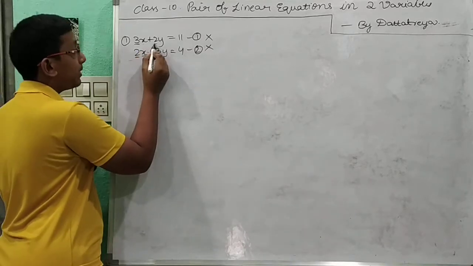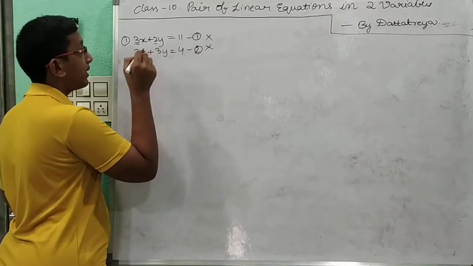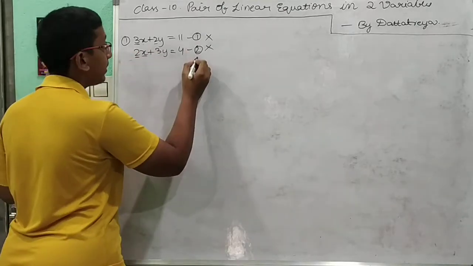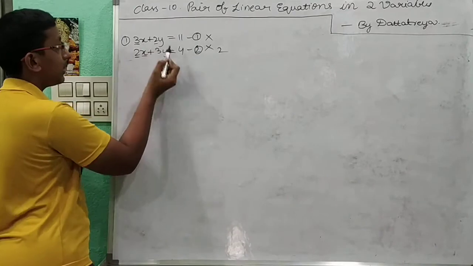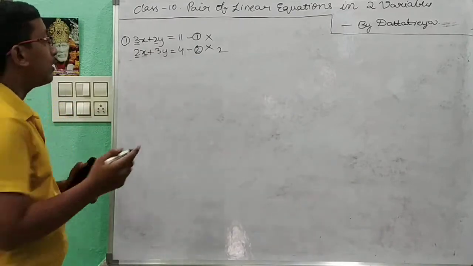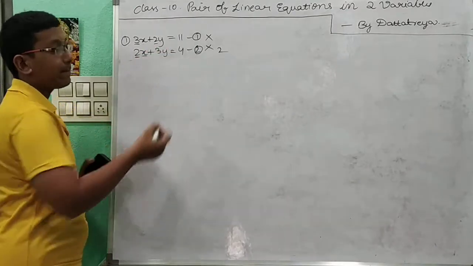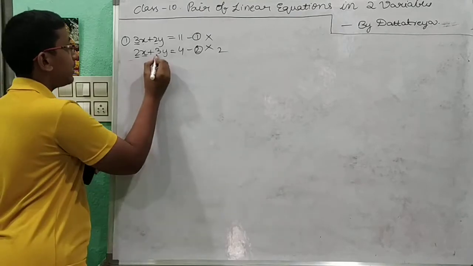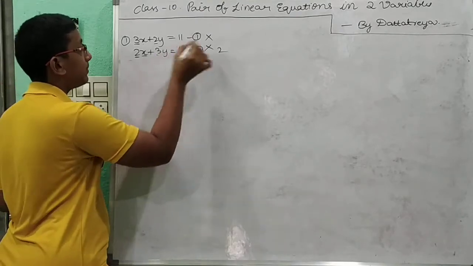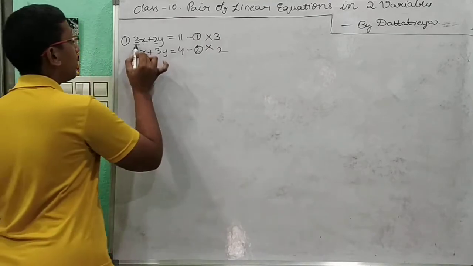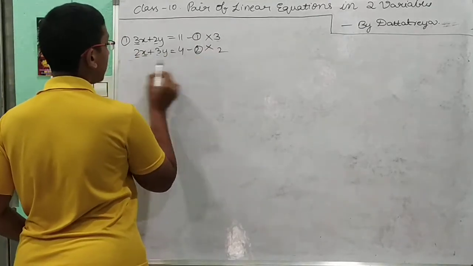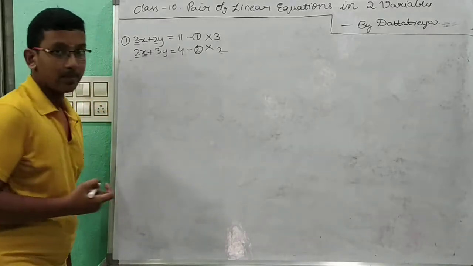So you should write that coefficient 2 of y in the first equation to the second equation and multiply it by 2, because the y coefficient is 2 in the first equation. So you multiply this by this. Now in the same way, 3 in the second equation goes to the first equation. It means this whole equation should be multiplied by 3 and this whole equation should be multiplied by 2. I hope you understood.